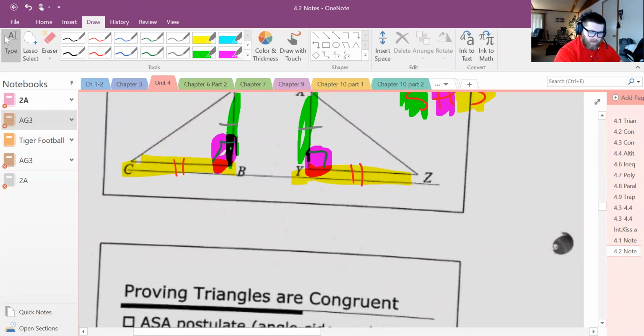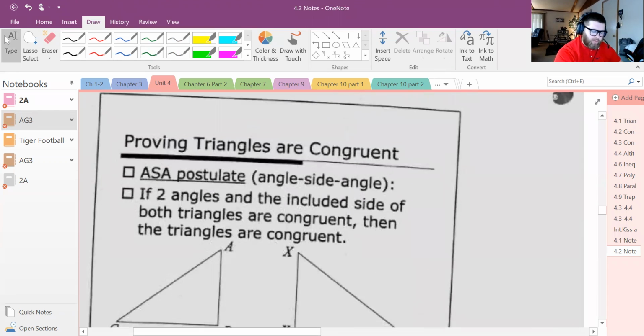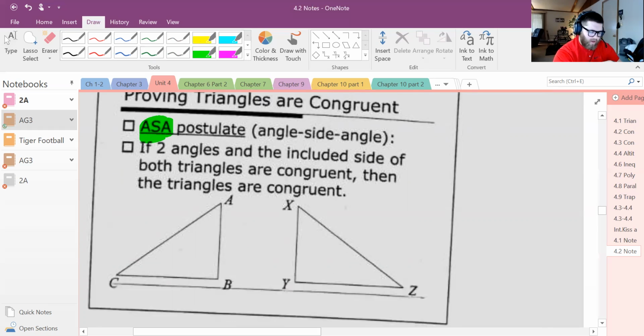Okay, and let's learn our last one. So we're only going to use three. We could learn four, but we'll see if I get to it. Okay, angle, side, angle is our last one. So instead, it's the exact opposite of side, angle, side. We have two angles and we have a side that's sandwiched. Okay, for example,